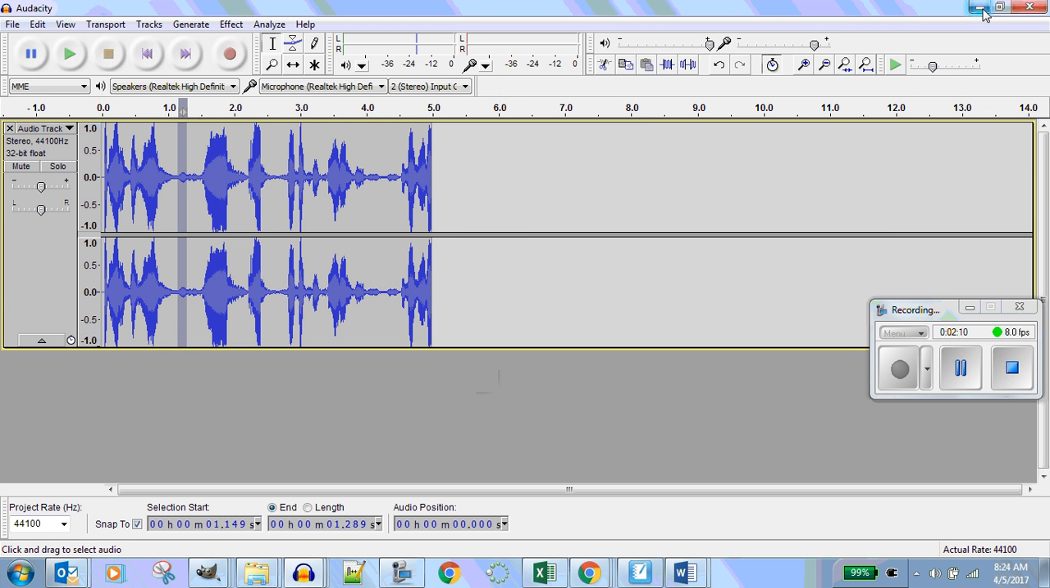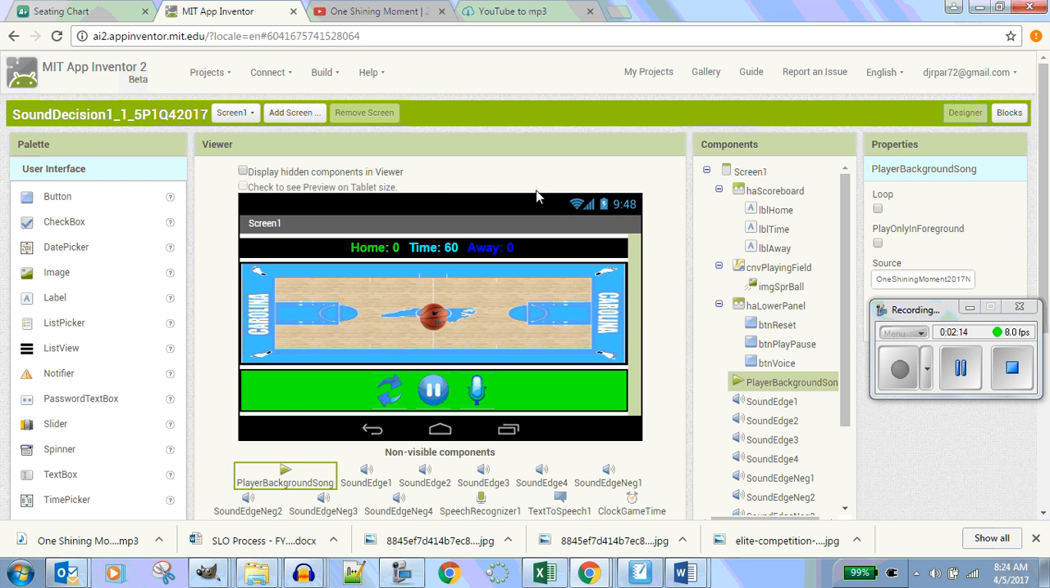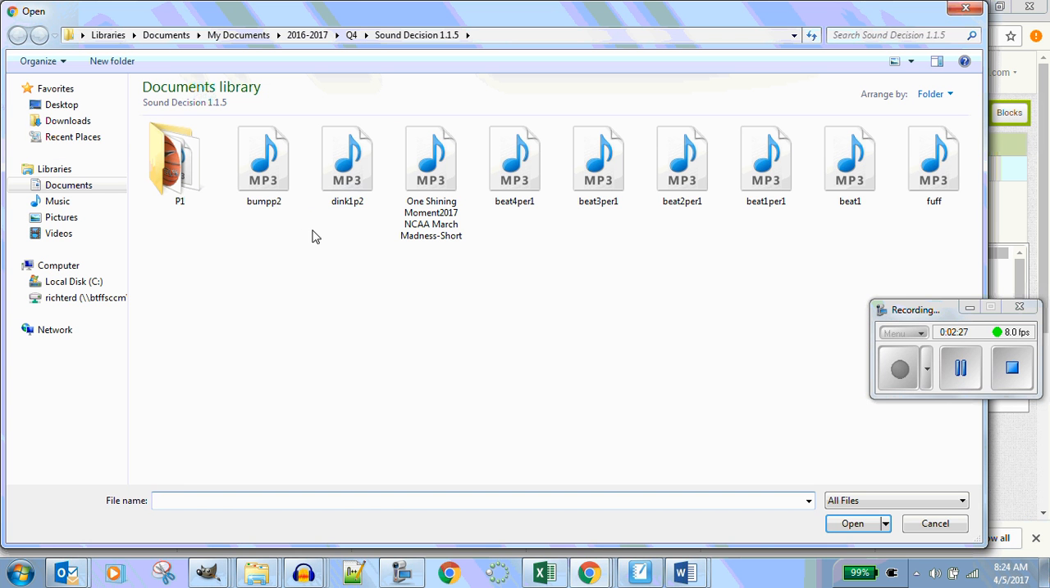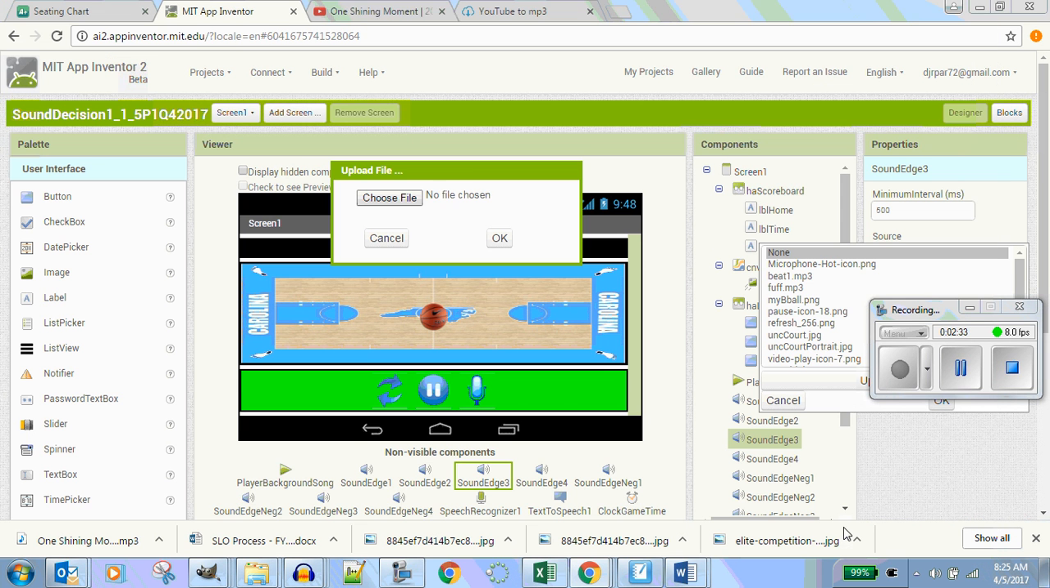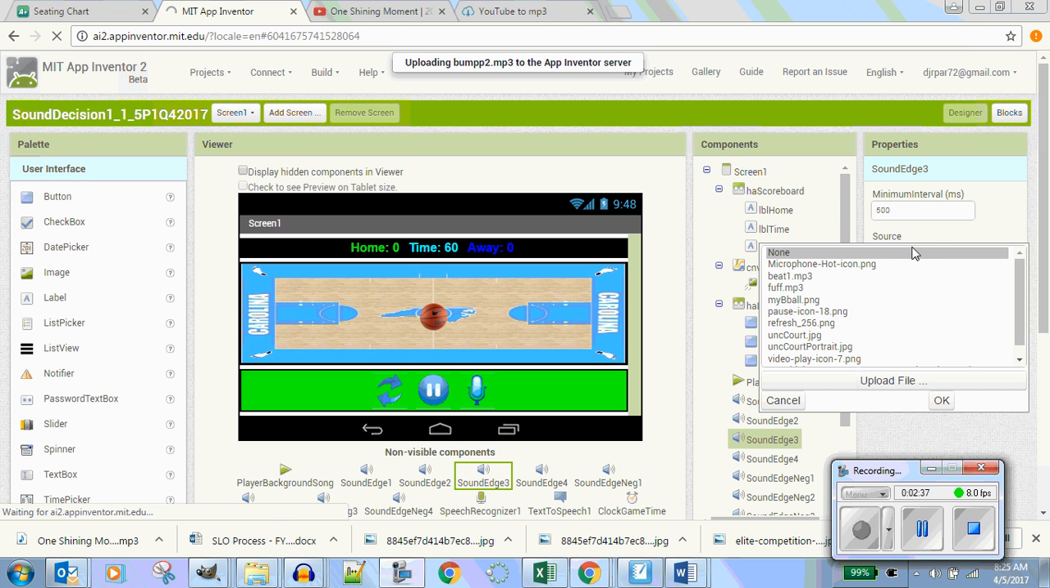Okay. Now I have all these sounds in a folder. So you can go to your sound. You figure out which one of these doesn't have anything in it. Okay, that has none. You go to source. You upload. You choose a file, and there it is. Bump, period 2. And you just upload this. And if this goes away and you see something loaded,